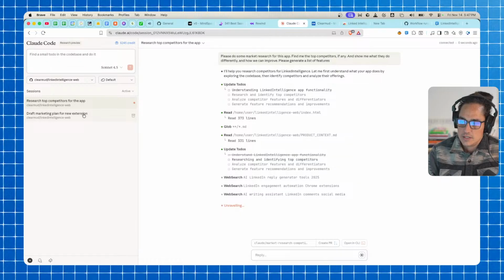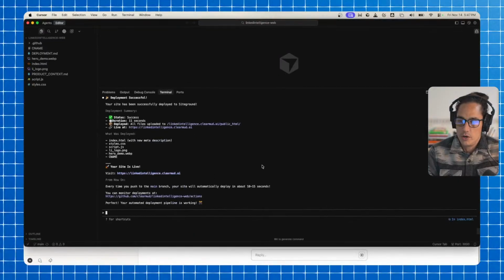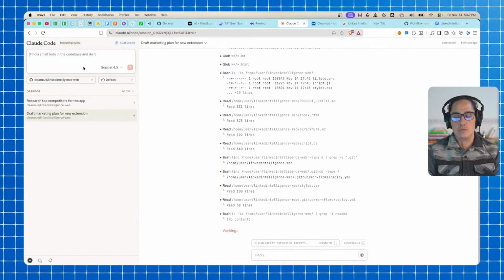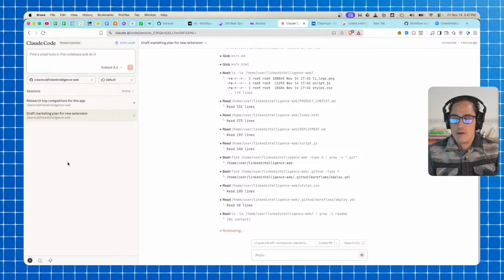What it's gonna do is it's gonna create its own branch on that GitHub repo. Then you go into your terminal, whatever your preferred IDE is, and I'll show you how all of that works. So let's make some changes to the UI so I can show you exactly how that works. Now, if you have a more complicated website with multiple subdirectories, the beauty of Claude Code in the web, instead of having to spin up multiple terminal windows working outside of those directories, you can do the same thing here, saying, hey,